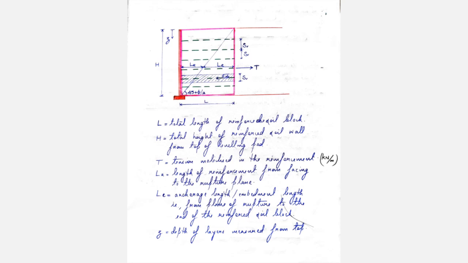Now, this is your typical cross section of a retaining wall. L is the total length of the reinforcement used in this retaining wall. The pink colored portion becomes the active part of your retaining wall, which is called the reinforced soil block, and it acts as a rigid block. We have already seen in external stability analysis the different types of external failures this rigid block was subjected to, and how you check the stability against each of those failures.